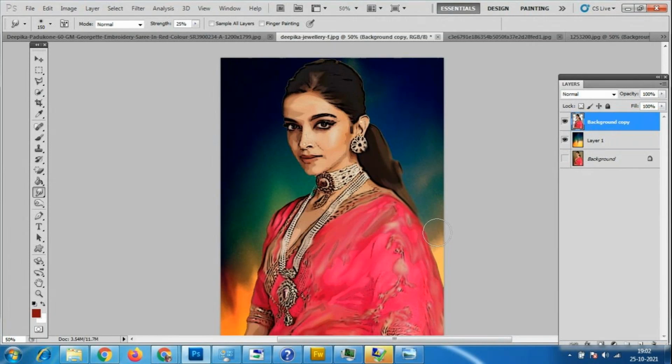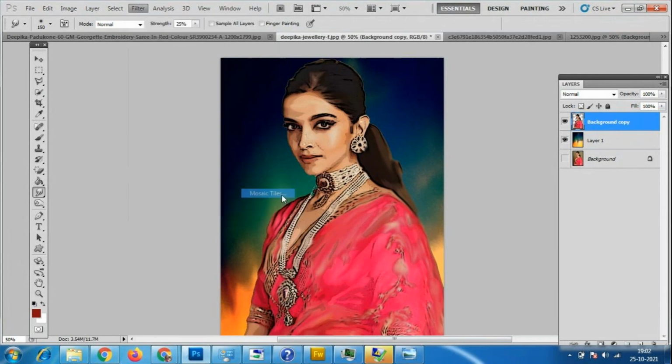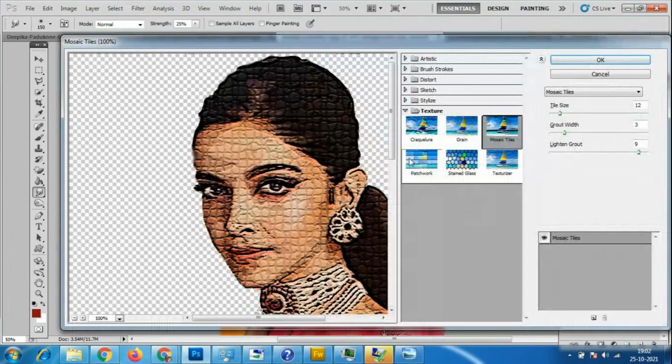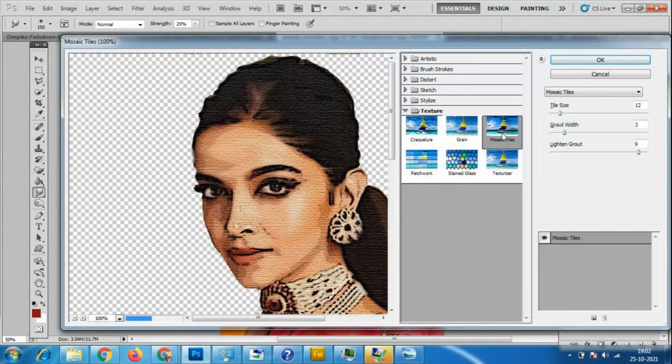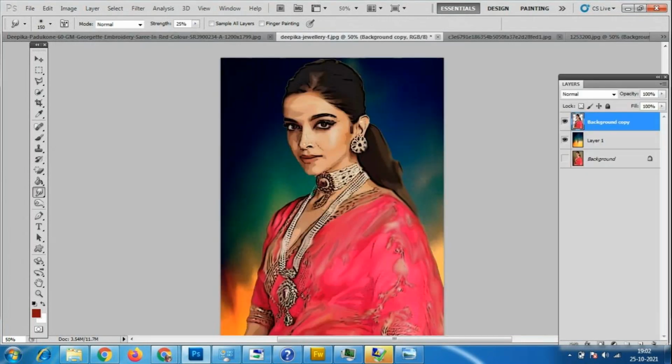You people can take your own picture and use this painting kind of effect. It will give the painting effect using the smudge tool and the Filter Gallery. We have multiple options, but some are not suitable for texture effects; only some options are suitable for this kind of image, and those we can use. Please try all these options.